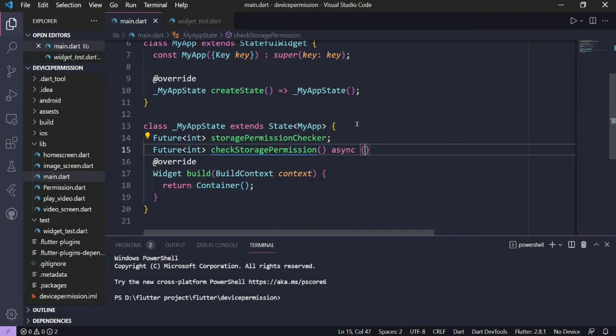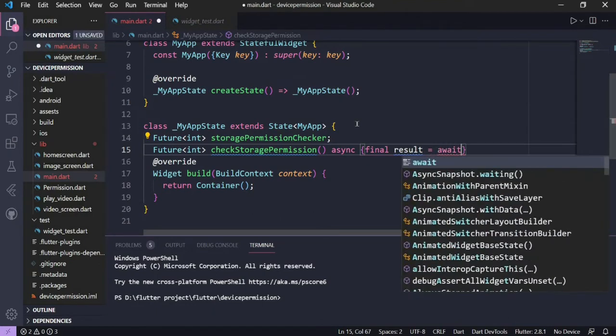And now let's declare a variable, final result, and that will be equal to... So here we need to call a function that will basically check whether the permission is granted or not. This function basically returns a string. So if the permission is granted, then it will return a string like permission status granted. So we'll get to know the status granted. So this is basically an if-else condition we'll be using here. So let's type in await